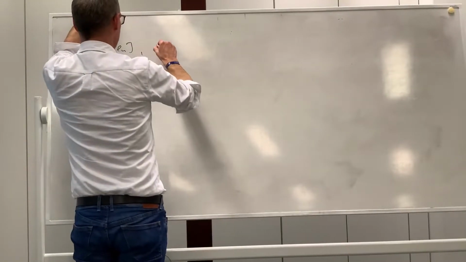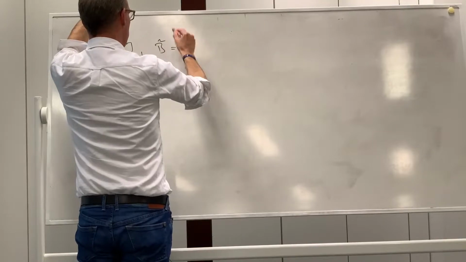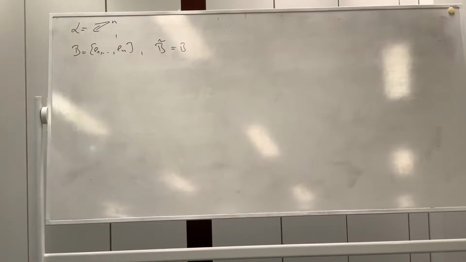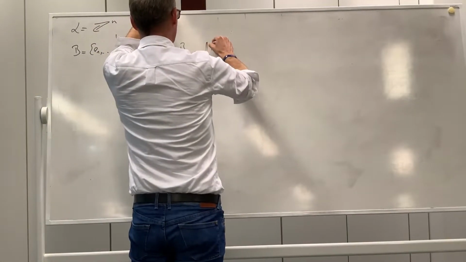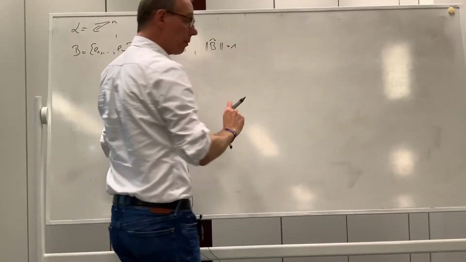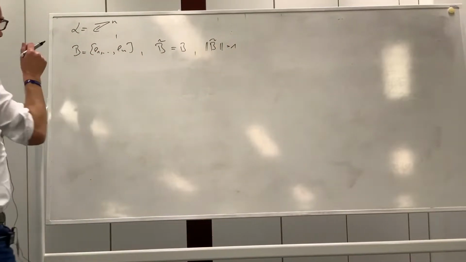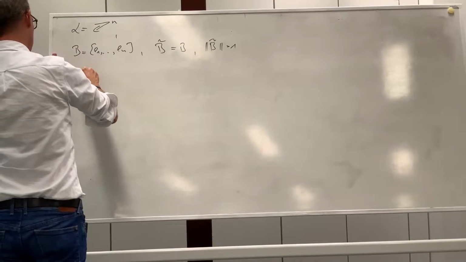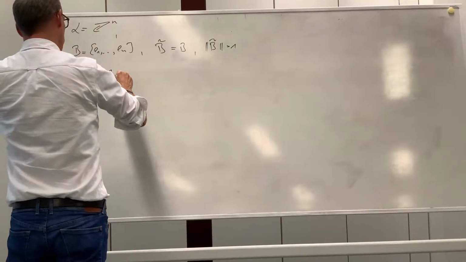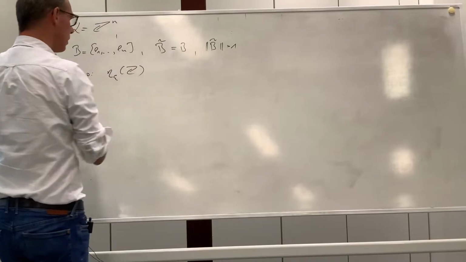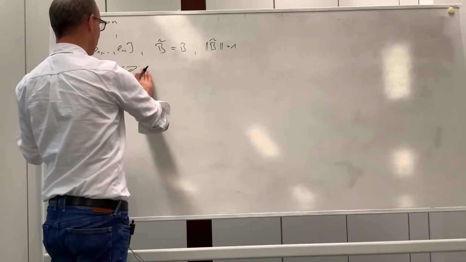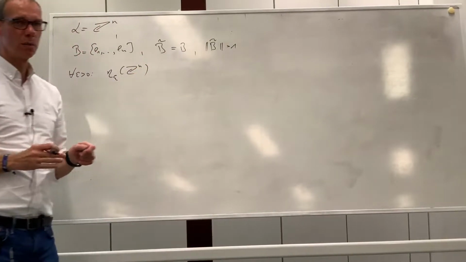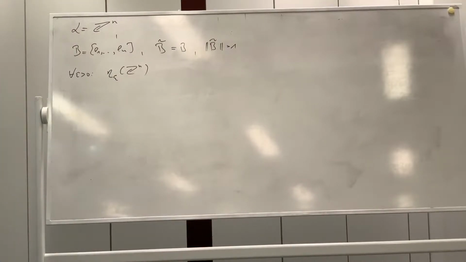And obviously, in this case, the Gram-Schmidt version of B is B itself. And hence, we have B tilde is 1. And then we know that for all epsilon, the smoothing parameter of Z to the n, which is the lattice, so it has a smoothing parameter,